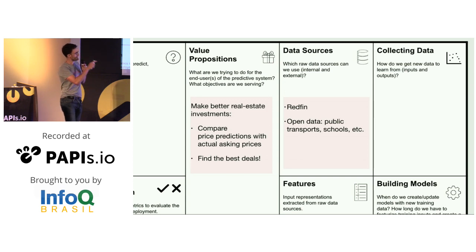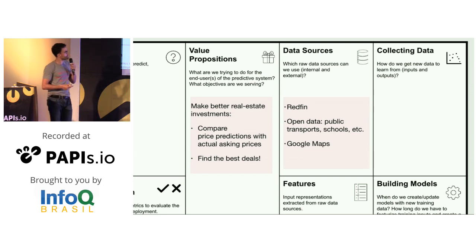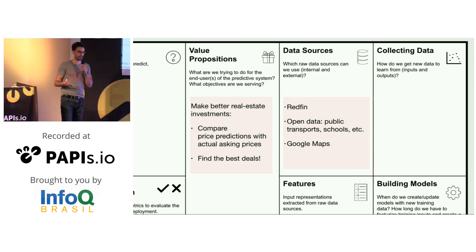You'd probably want to make it even more specific. Maybe not right now, but as you revisit the canvas, make it more specific. Say, how do you get that data? Is it an Excel file or is it from an API? So, making that a little bit more explicit. And maybe you also want to, right, so Redfin would give you an address of the property, but you wouldn't know where it is on a map. So maybe Google Maps allows you to do that. You could list it as a potential data source. Right, so just identifying that and maybe some of the constraints related to accessing those data sources.